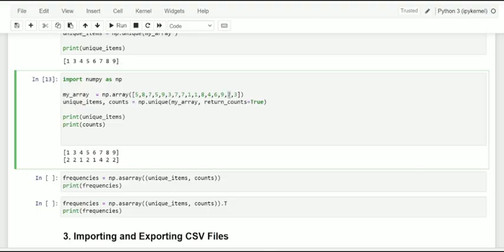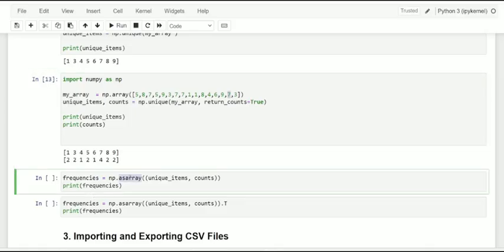One way you can get the count value against every unique item is by creating an array where the first item is the list of unique items and the second item is the list of counts, by making use of a function called as array.